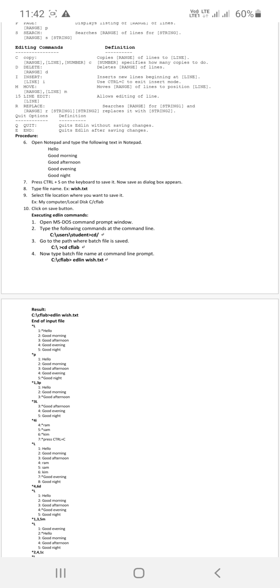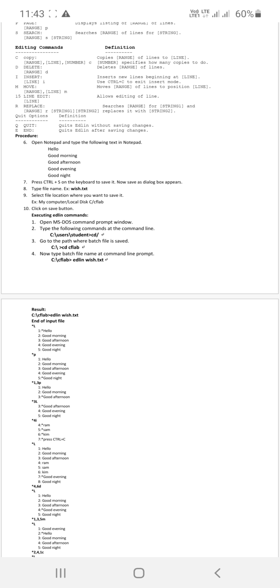Now we have to move to the place where the file is saved. This C:/ greater than is the root. In the C drive I have saved CFLab, and in CFLab I saved my wish.txt file. That's why I am changing to CFLab. For this I type cd space CFLab and press the Enter key.